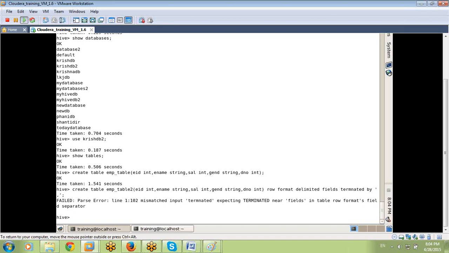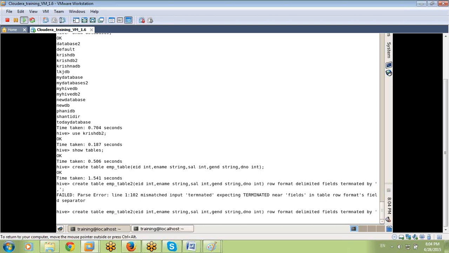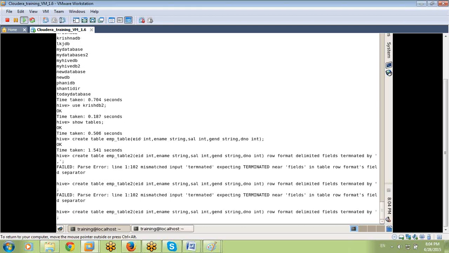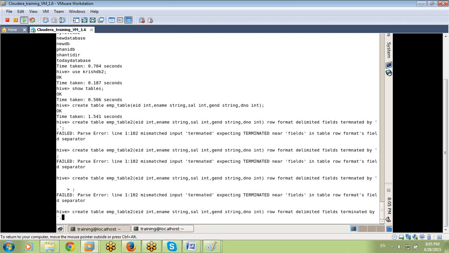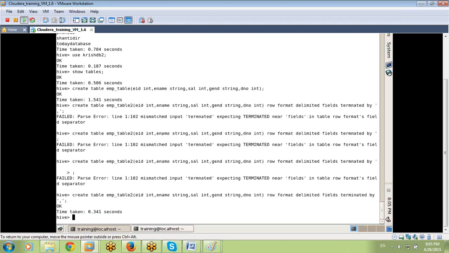Yes, a spelling mistake, a typo in terminated. Table created. Now we have two tables, emp table and emp table 2.